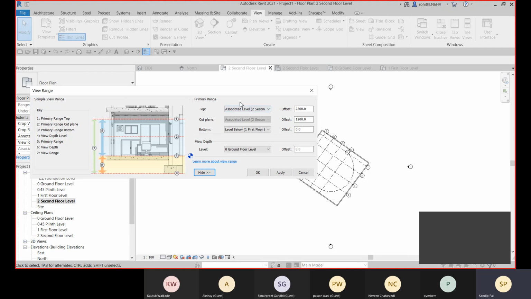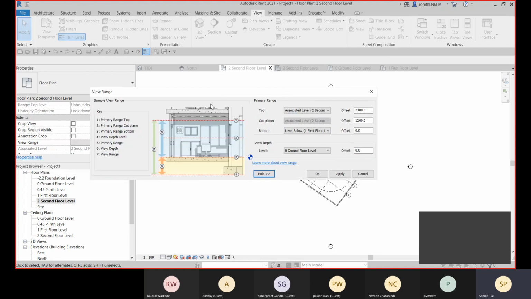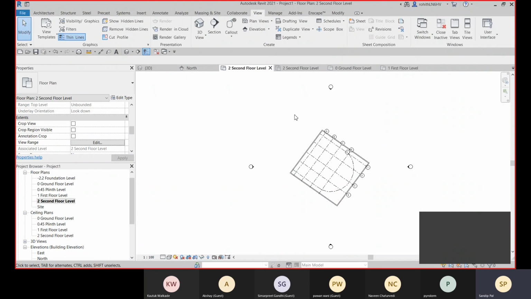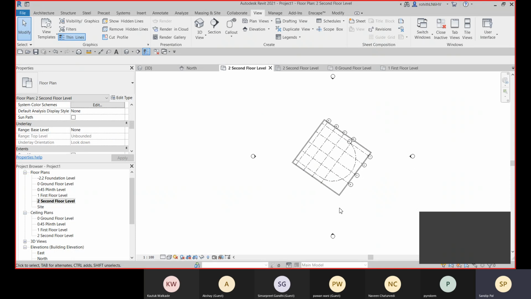I need to go with a separate class, and you need to understand this view range very well. Right now I am just showing you that with this view range, if something is not added within this particular plan view, I can add it with the view range. So these view options are there. Okay, so this is all for today.